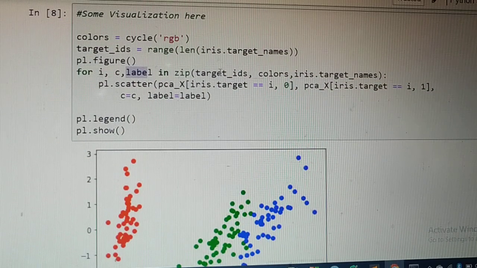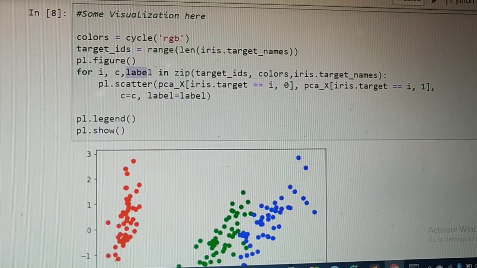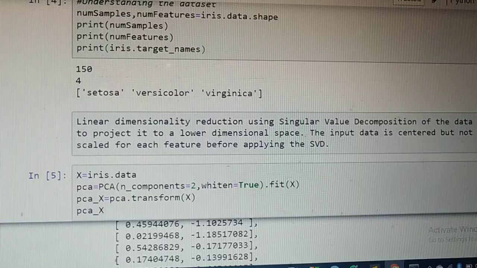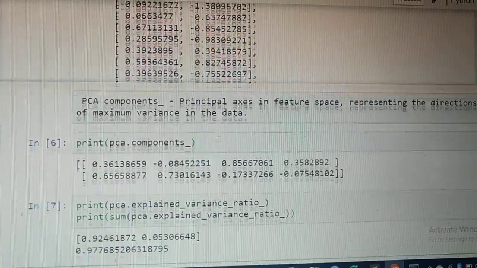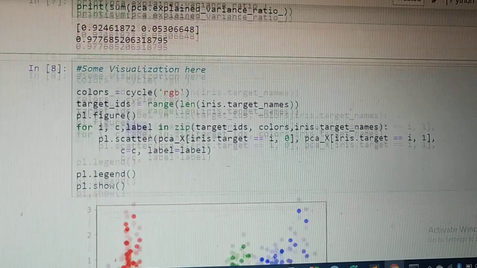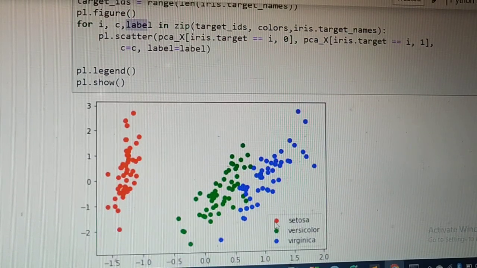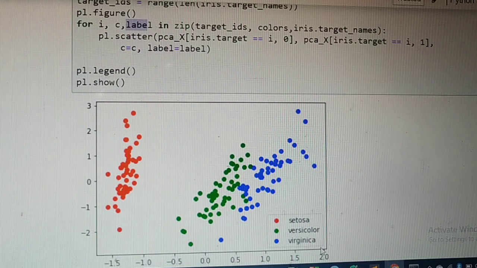First you're going to have 0. 0 will be zipped with red, and that is your first target name, Setosa. Then you have Versicolor, and then you have Virginica. So the first one has the color red, the next one has G for green, RGB, and the last one has blue.